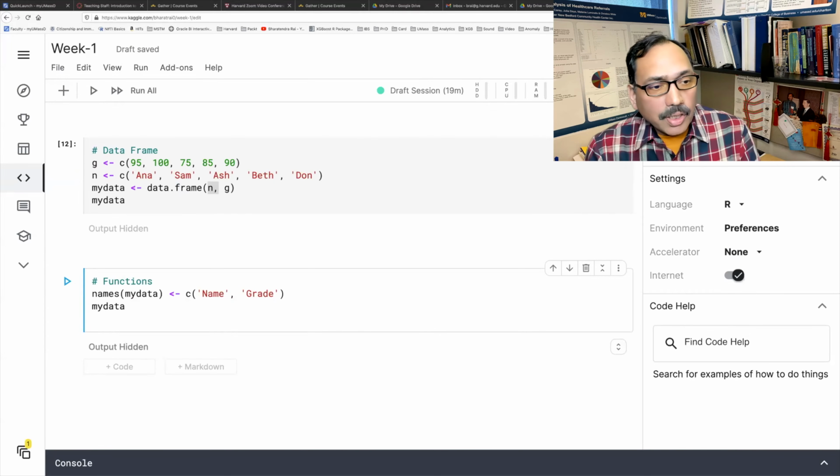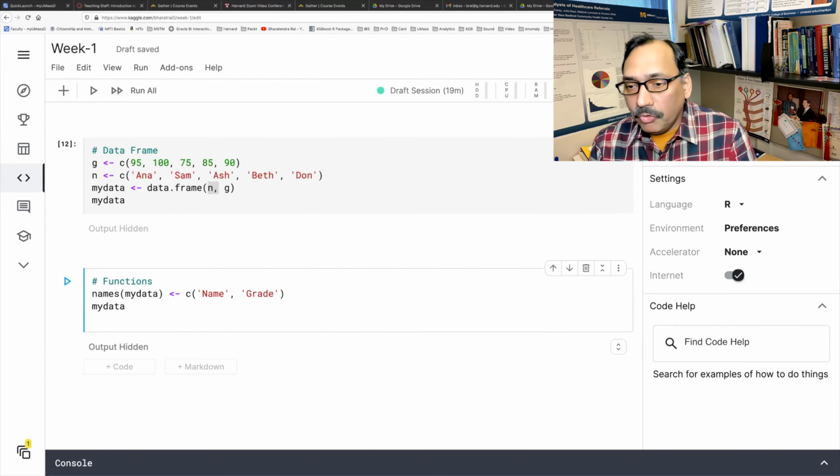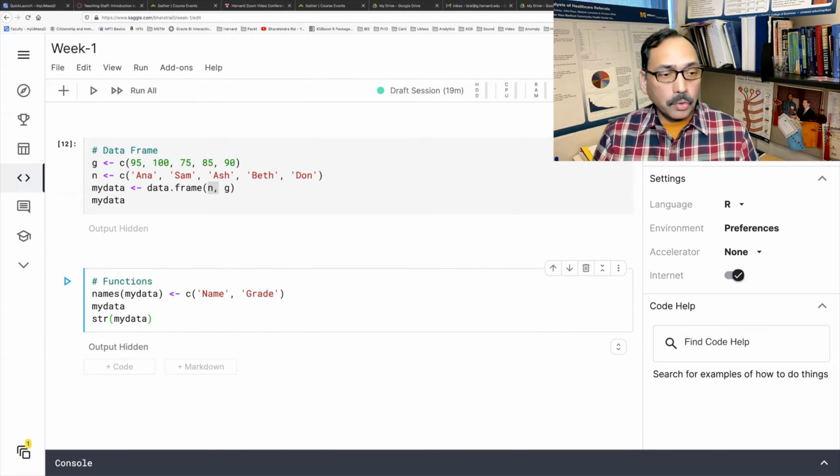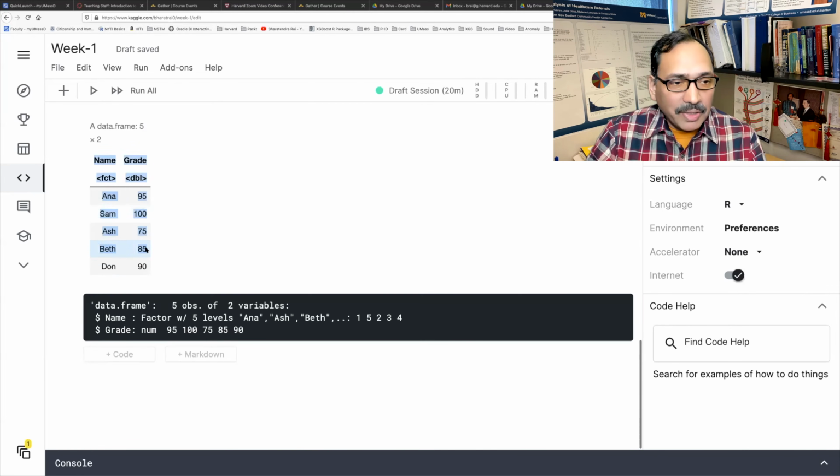Now, talking about some more functions that usually we may need when looking at data, a very popular function is str. str stands for structure. So if you do str(mydata), it will give you the structure of my data. Our data that we have created is very small.